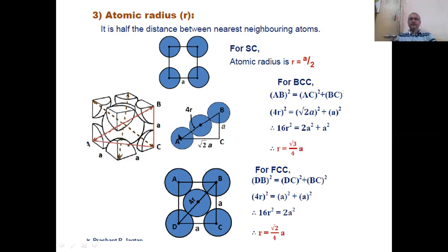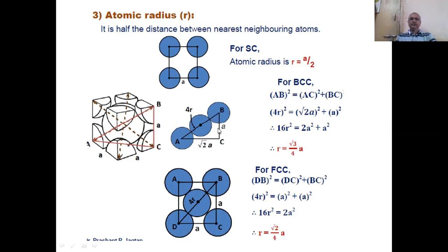The radius of this sphere is R. So here this distance is R plus R, that is 2R. This distance is R, this distance is again R. So the total distance between A and B is 4R. Now applying the Pythagoras theorem, AB square is equal to AC square plus BC square. Actually here there should be a square, but I forgot to put it, so remember it is BC square.